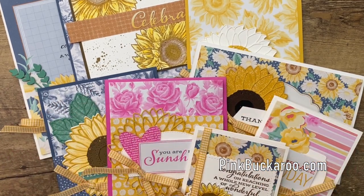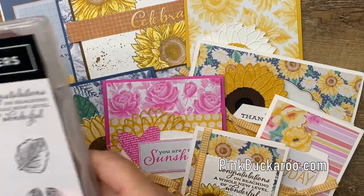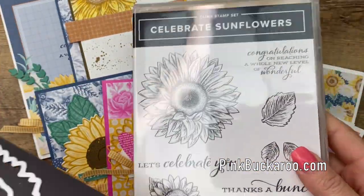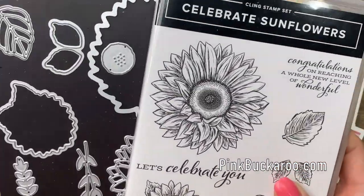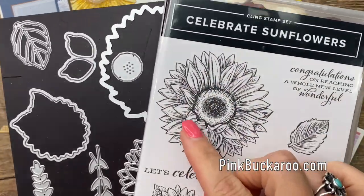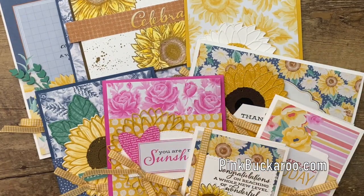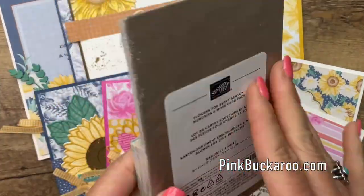go from the new Stampin' Up! Annual Catalog. It features the Celebrate Sunflower stamp set, as well as the coordinating dies. This is probably my favorite bundle in the whole catalog. I just really love sunflowers. So I designed the class to go all around this bundle, as well as using these really beautiful Memories and